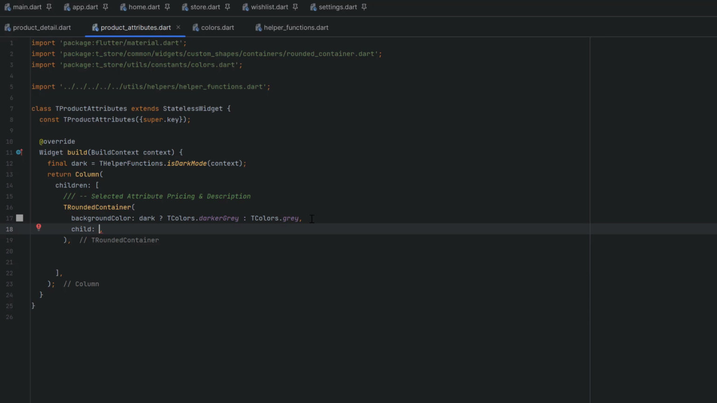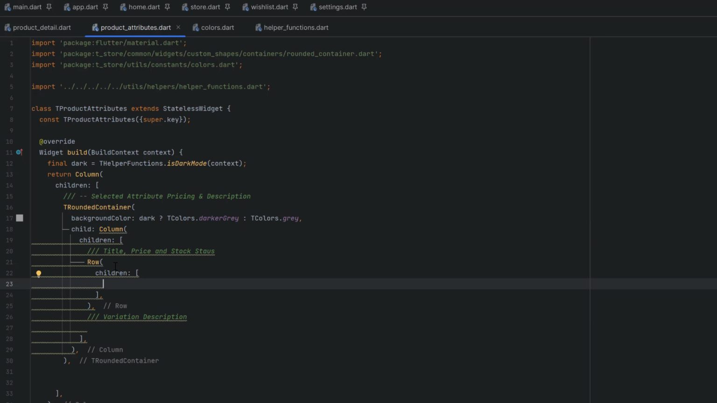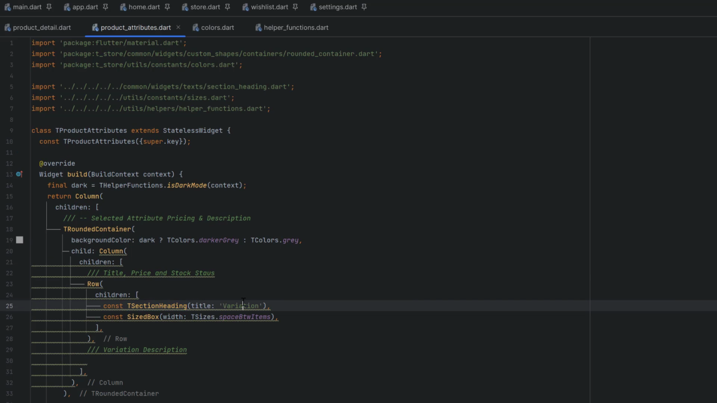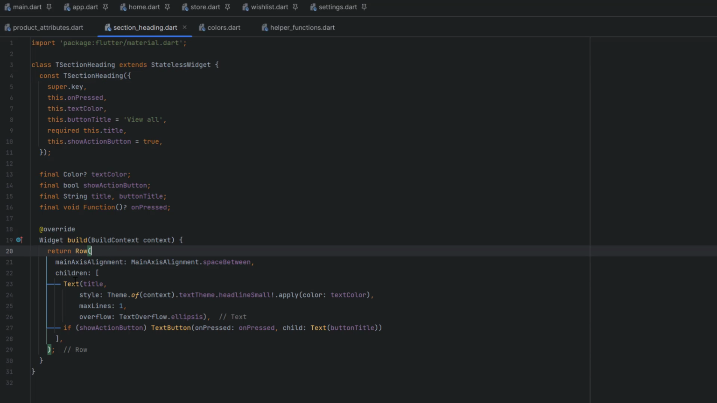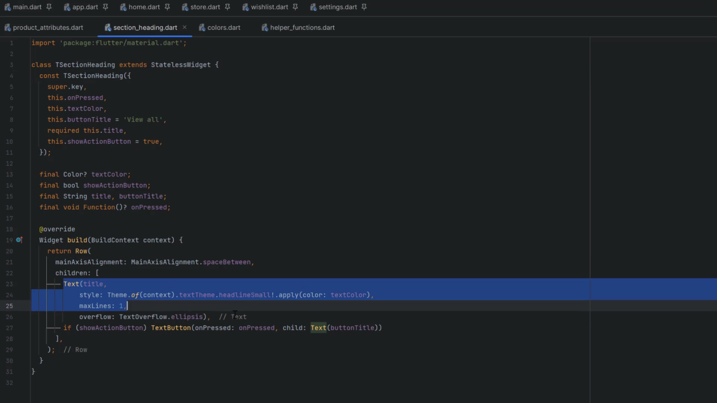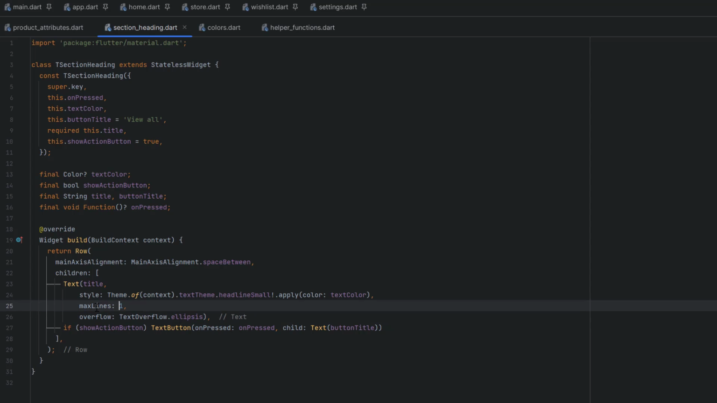Then in the second, we have the product details. So first of all, inside this row to add the title, we want to use the T section heading widget. So it's a T section heading with the title as variation. Section heading class is also created. It uses row property and text as a simple text with ellipses, max line 1,